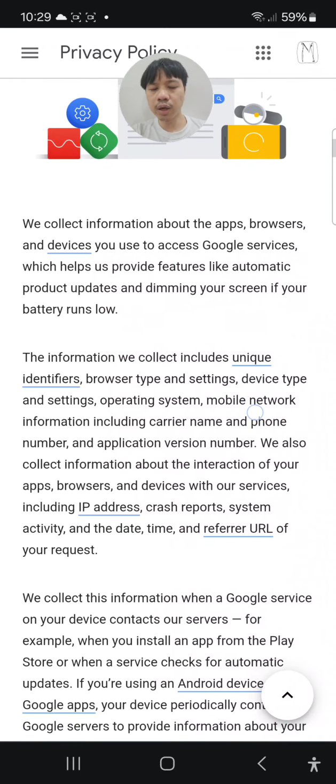Okay, a little bit of further comments on this. It means that it collects information about the app you use. So let's say, for example, you are in YouTube, right? It collects information in relation to how YouTube is being run on your devices.